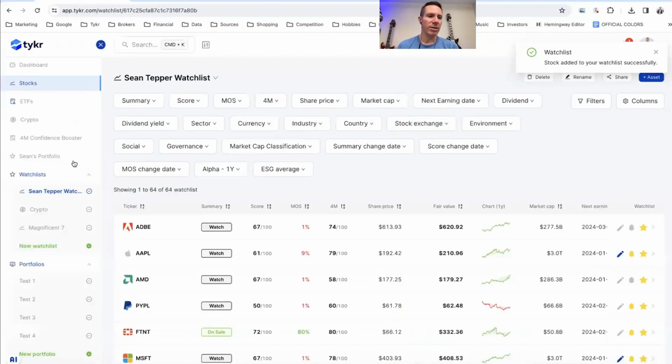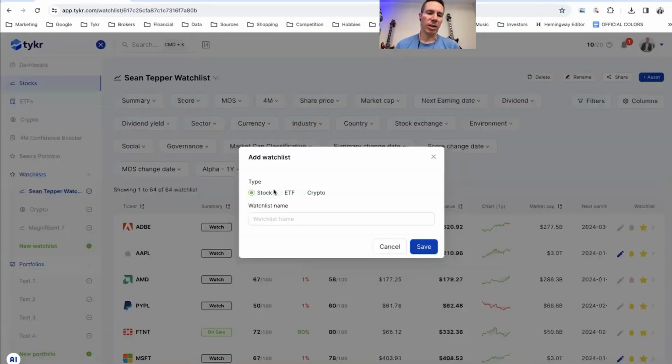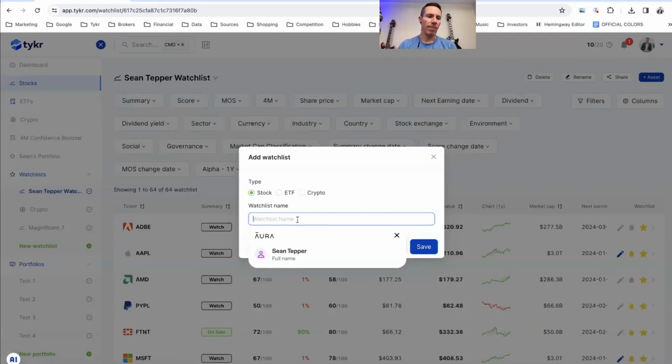All right, and then let's go ahead and create a new watch list. You can see the new watch list button here. It's a little plus sign. Click that. You can select what type of watch list you want to create. You can do a stock watch list, ETF, or crypto. Let's just go stock. We'll just call this test